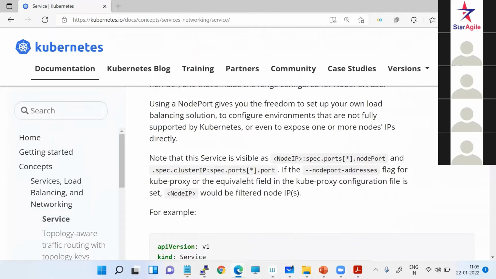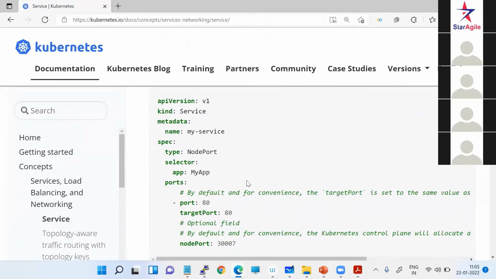And how do we mention that? You say create service, type is node port, and give the same label names as what your pod had. Ports, target port, which is on your node. This is your application running on your container. This is the node port which you want to expose. Once you define this,